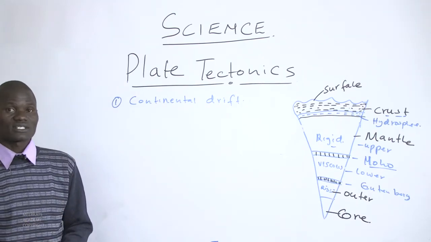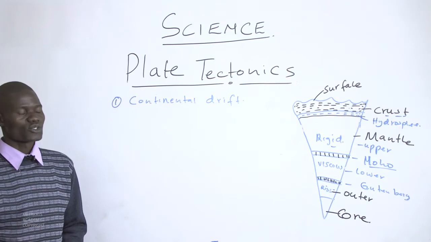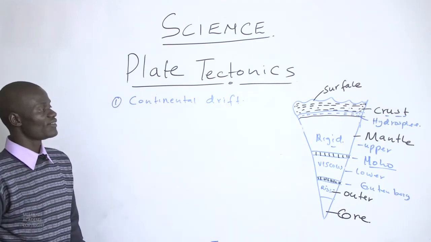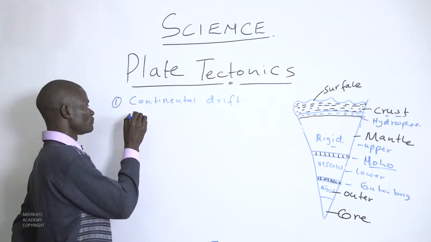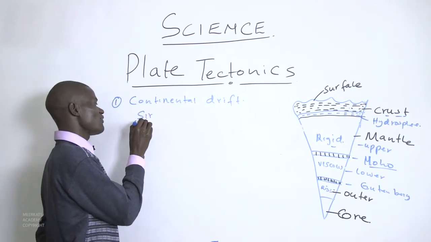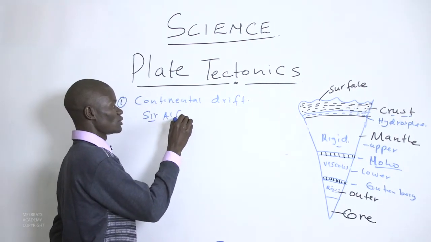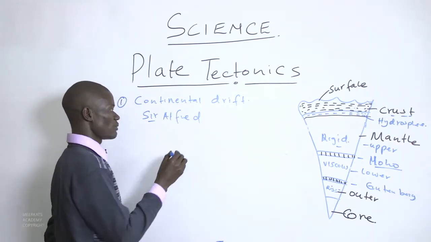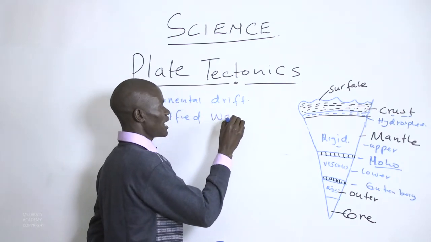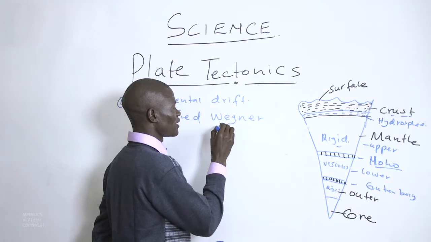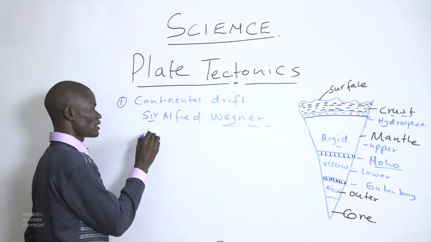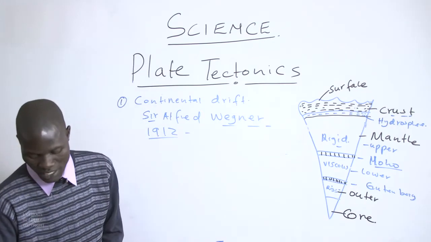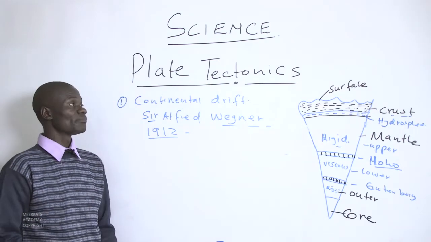The continental drift refers to the movement of the crustal rocks. This theory was advanced by Sir Alfred Wegener. He was a scientist, a geomorphologist, and also an astronomer. He advanced this theory in the year 1912, and he's the one who argued about the plates,